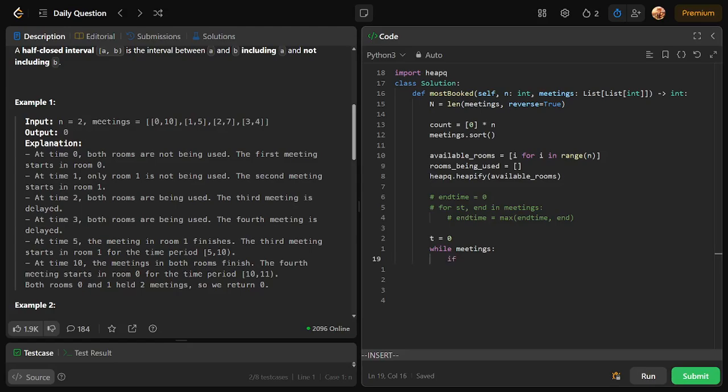So if while meetings of -1 of 0 is lesser than or equal to time and